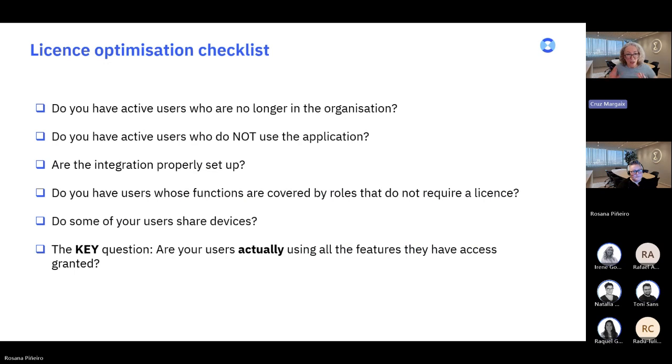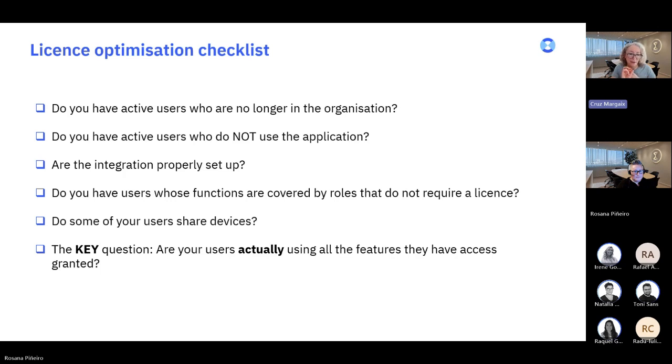Right, so we can use a quick checklist to optimize our licenses and make the most of our investment in F&O. First of all, check whether you've got some active users consuming a license who are no longer in the organization or don't use the application for whatever reason.